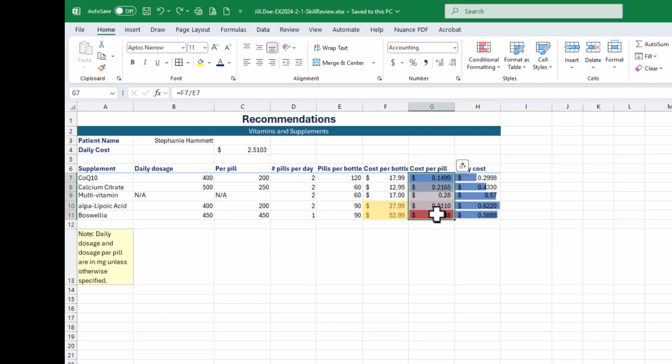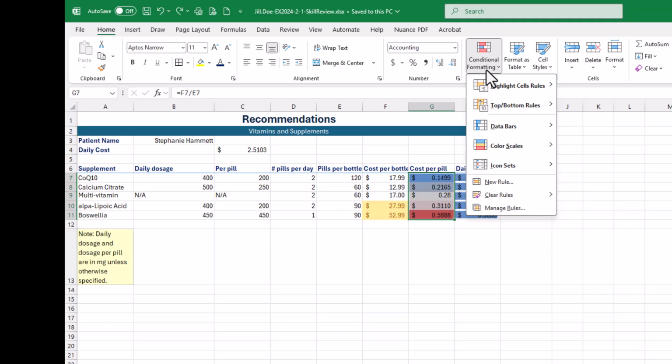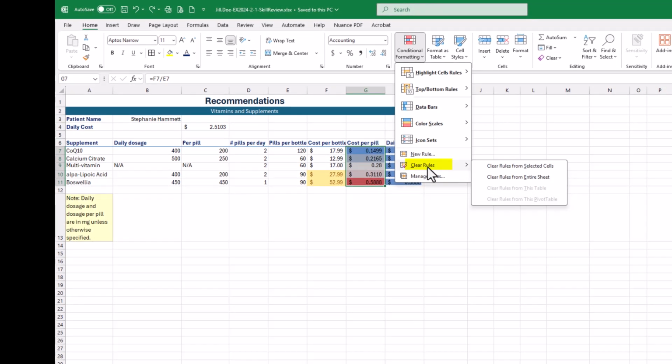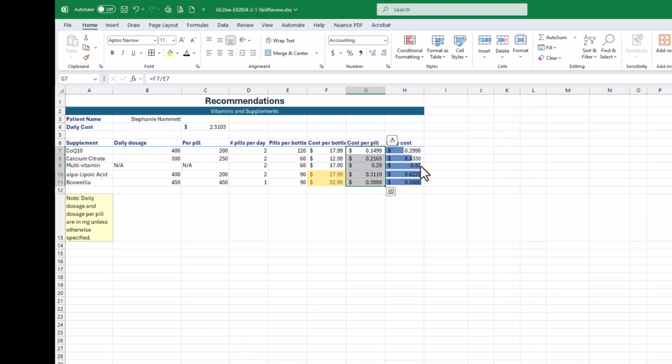And you can see that that is some serious formatting that's there. And on this conditional formatting button, when I click that, they do have clear rules. And that's a great way. And in fact, we'll go ahead and finish the step in that way. Clear rules from selected cells. Do you see that? Okay, so now it didn't clear the formatting because I still have accounting style formatting, for example, but it did